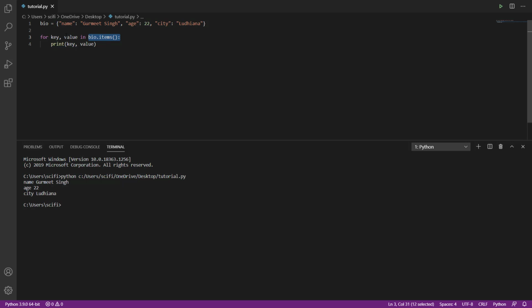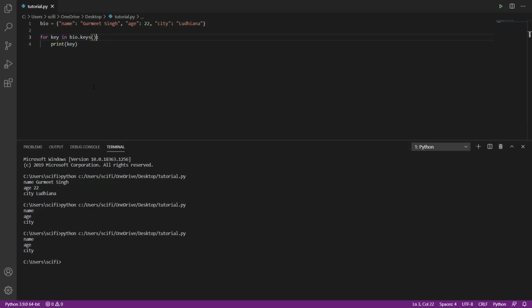You can also do like this if you just want to access, let's say, key. If you just want to access the key, you can do like this: simply bio. It will print the keys by default. And you can also do like this, bio dot keys. Okay, but if you want to print the values only, you can do like this: value,